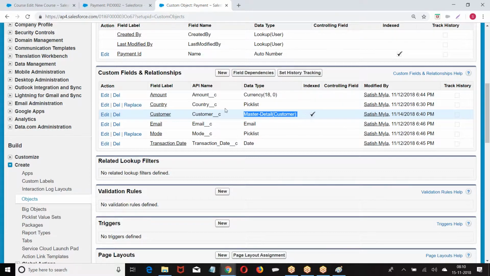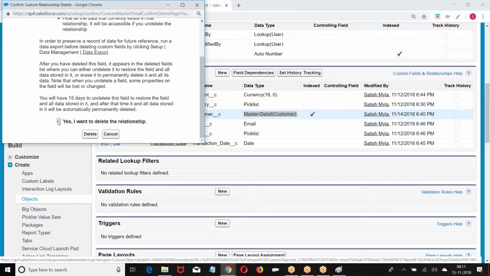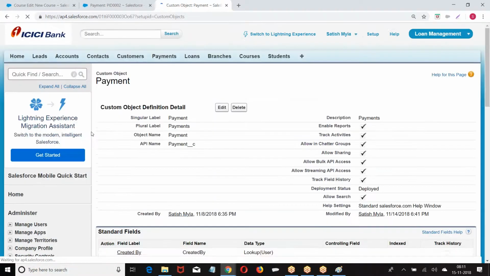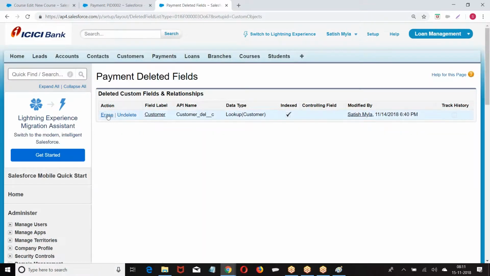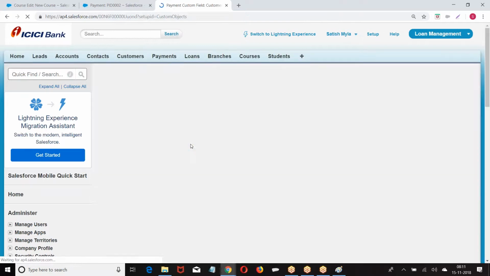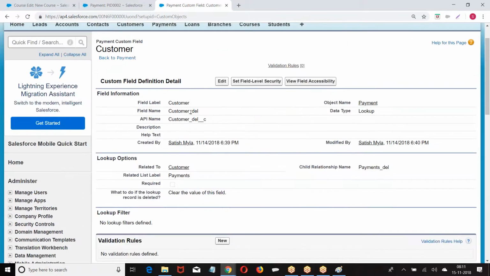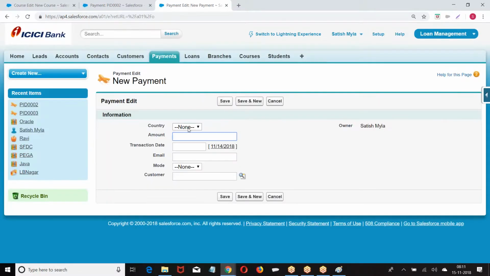Look at the format. Now again I am converting the master detail to lookup. Now the field is converted into lookup. When you say lookup, a child can be created without any data.